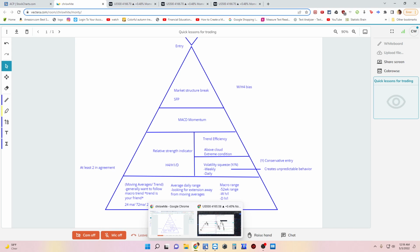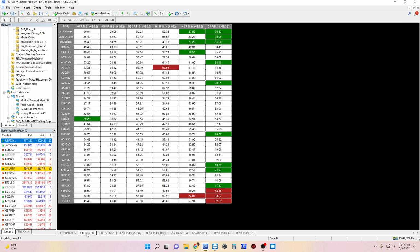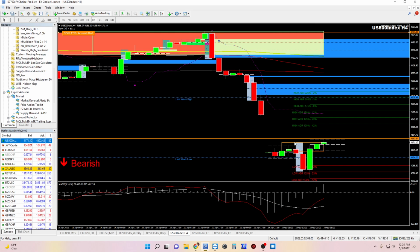Next, RSI. With the RSI, we are oversold on the daily, so that's really good for a reversal, something going more bullish. We're expecting some kind of reversal and significant market structure break. We're expecting maybe an H4 market structure break here to really solidify that enough basing has happened to go long,